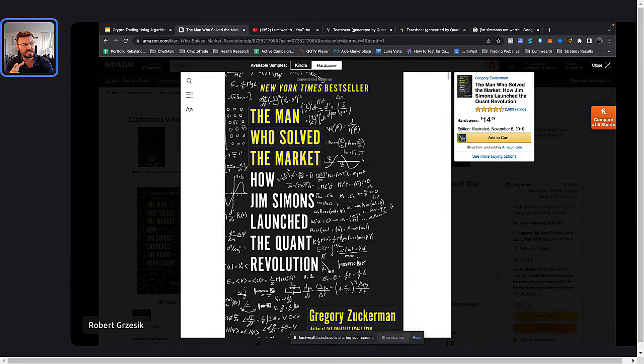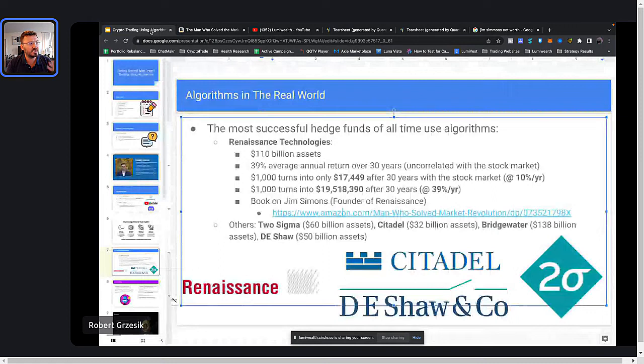The stories are crazy. The people that were part of this fund, they were buying houses and forgetting that they even existed. Absolutely insane amounts of money. Imagine you basically had an ATM in your house that just kept spitting out money nonstop. That's basically the kind of money that these guys had. Literally billions of dollars is what they were making. Very, very successful. And a very interesting read if you're interested in this topic of algorithmic trading.